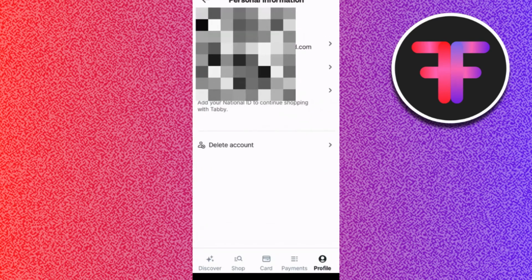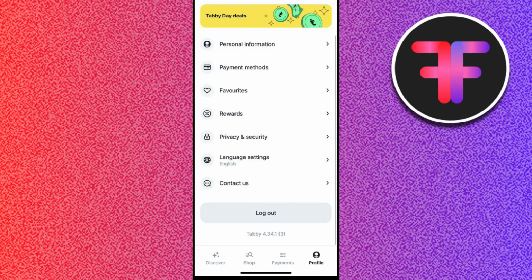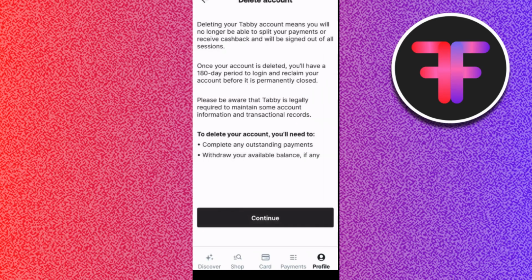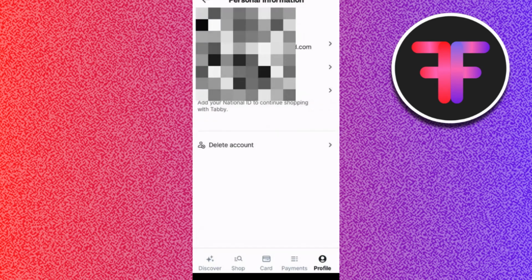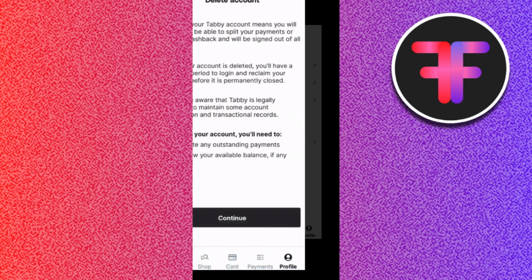Afterwards, you will be landed on this page where you just have to select the personal information option among all. Now after tapping on the personal information section, you will be landed on this page where you will be able to see all of your personal details. Now among these, you just have to simply tap on the delete account option in the bottom, and then you